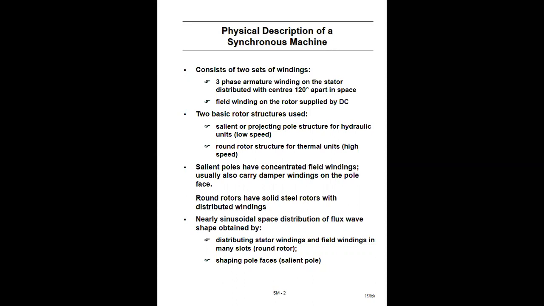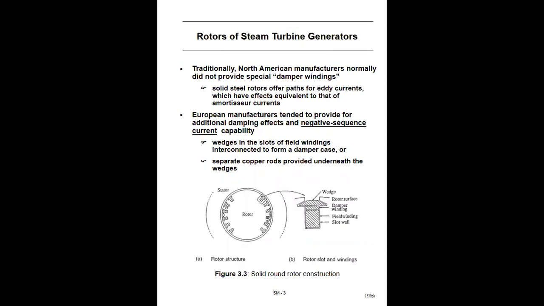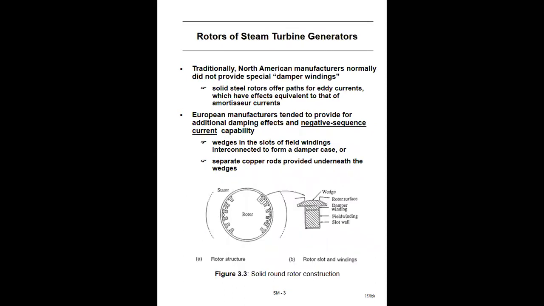Nearly sinusoidal space distribution of the flux wave shape is obtained by distributing the stator winding and field winding in round rotor slots and shaping the pole faces of the salient pole type of machine. This is the actual structure of the rotors of a synchronous machine, rather, a synchronous generator. Traditionally, if you talk about the rotors of steam turbines, we have already seen what type of construction of rotor is used in the